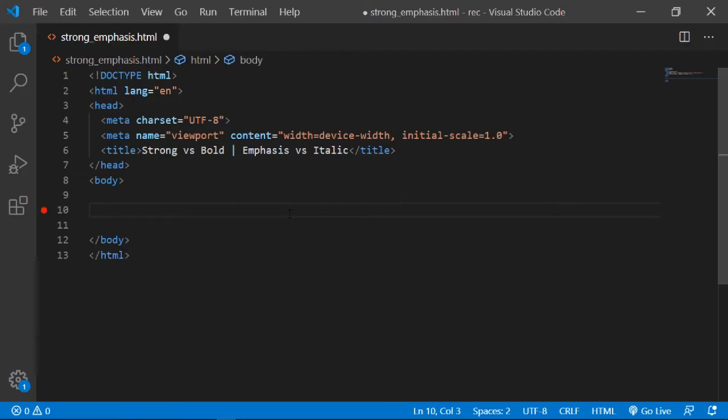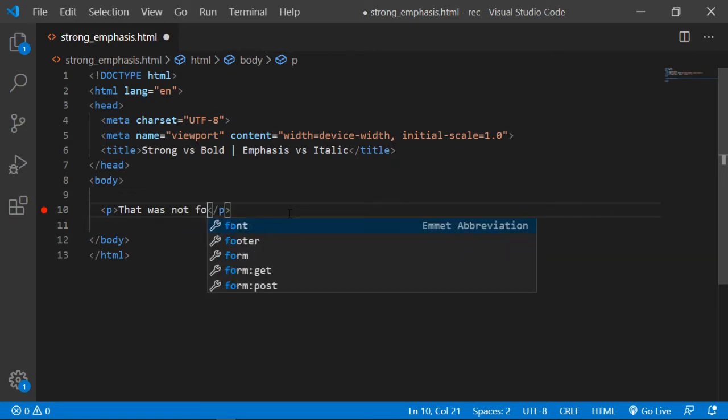So I have my Visual Studio Code open here and I'll just type in some basic tag names and we'll wrap our content inside those tags. So for the emphasis tag, let's say I'll make a paragraph and I'll write, that was not for you.